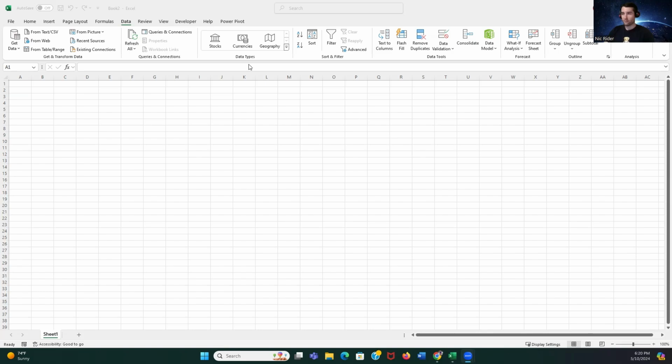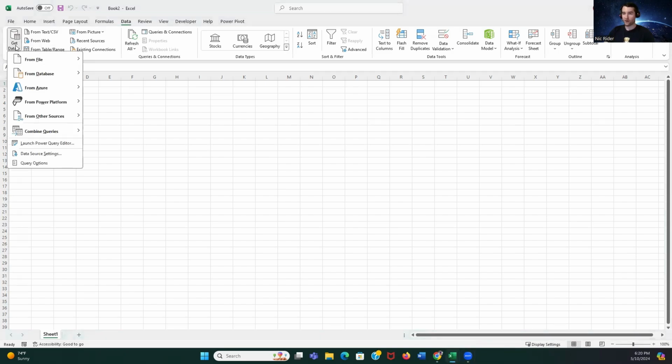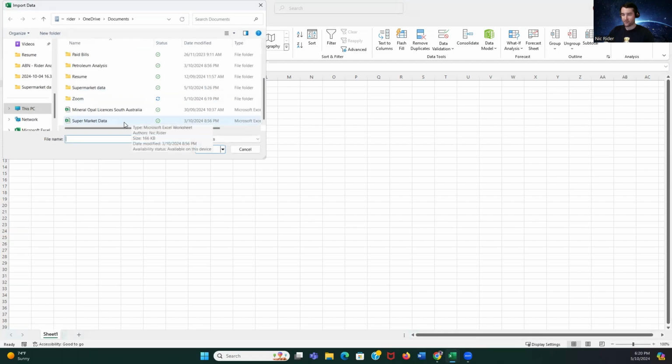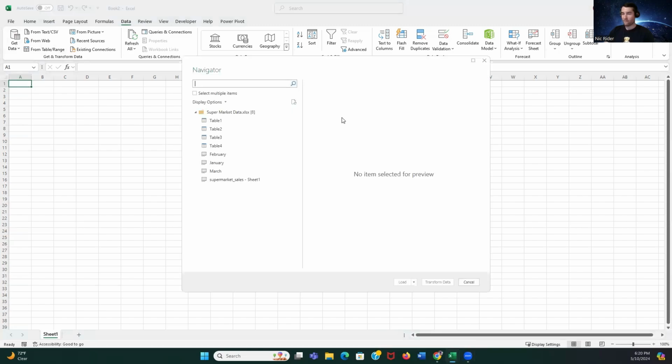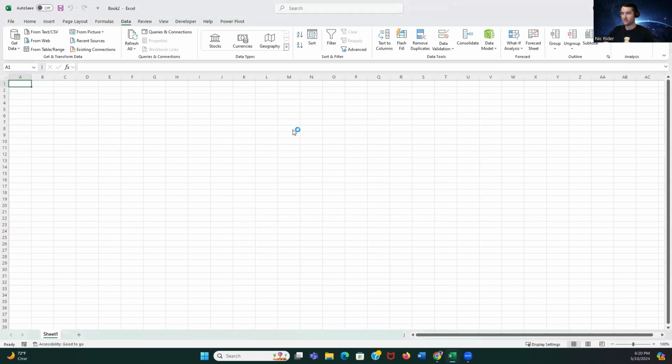Okay, so straight away, I'm just opening up a new workbook here. I'm going to the Data tab at the top of the screen, Get Data, from file, from Excel. So supermarket data down here. And then from there, I'm going to click on the supermarket data. So this is the raw data set here with everything. I go Transform Data, and that will open up Power Query